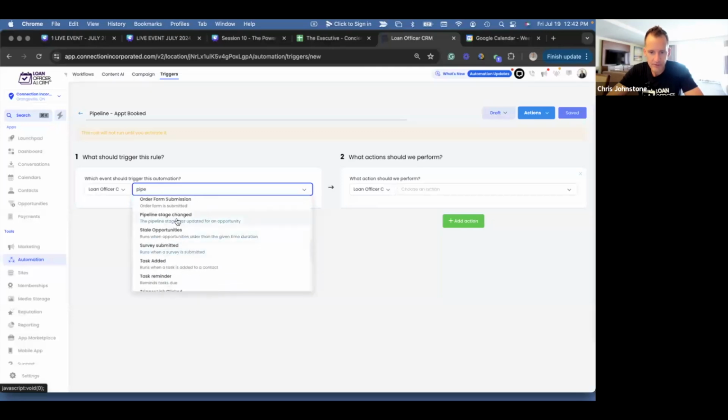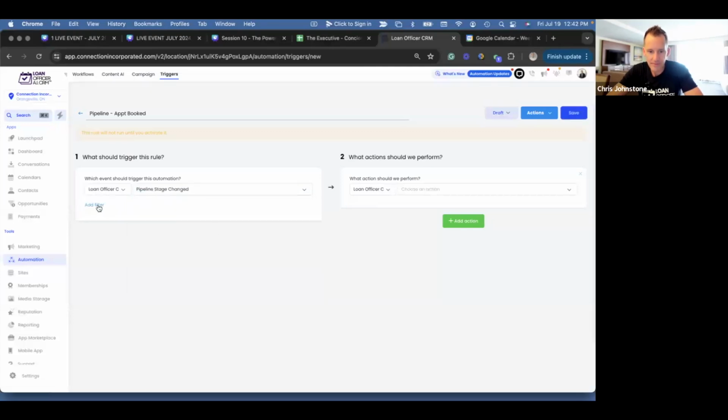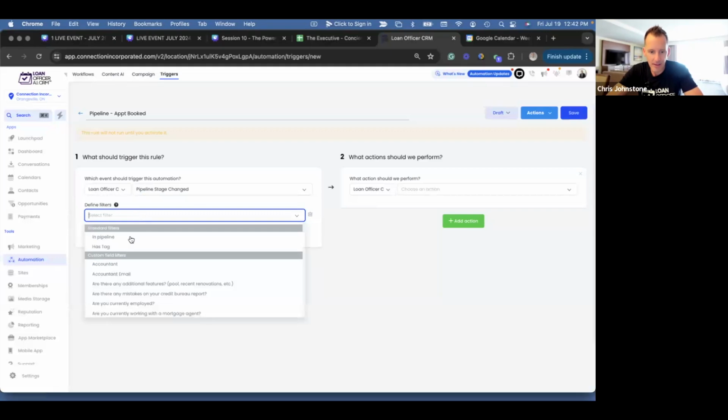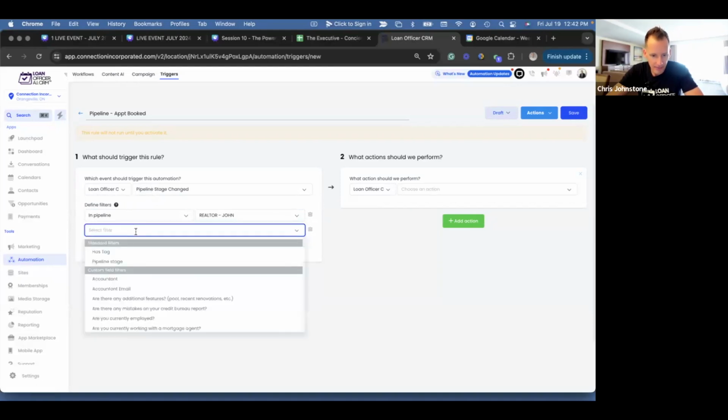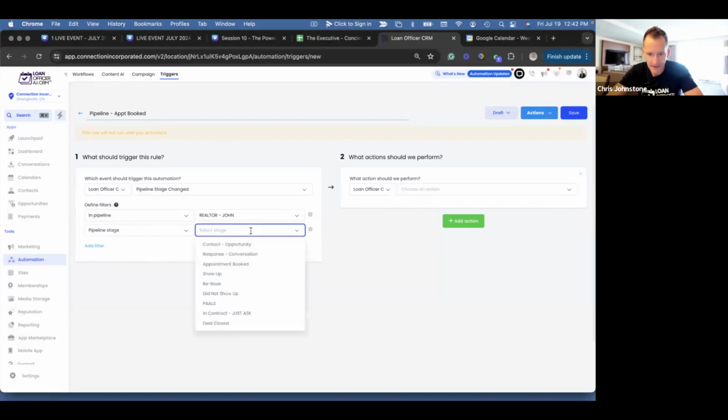So pipeline stage changed. And I'm going to pick the pipeline of in pipeline. And we're looking for Realtor John. So if the pipeline changed in Realtor John, and I move them from pipeline stage, and they go to appointment booked,